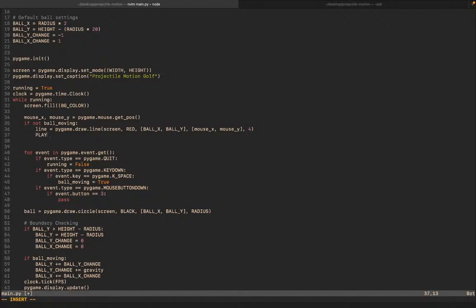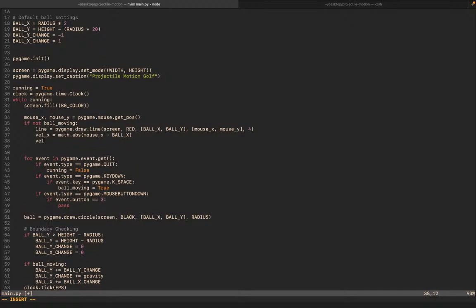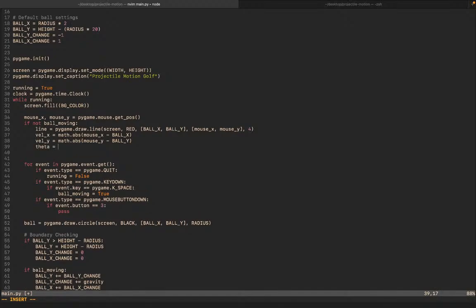So I'll set play ball Y. Alright, what I'm gonna say is velocity Y is equal to, okay, first let's just do velocity X. So velocity X should be math dot abs mouse X minus ball X, and velocity Y should just be, oops, math dot abs mouse Y minus ball Y, and then theta should be